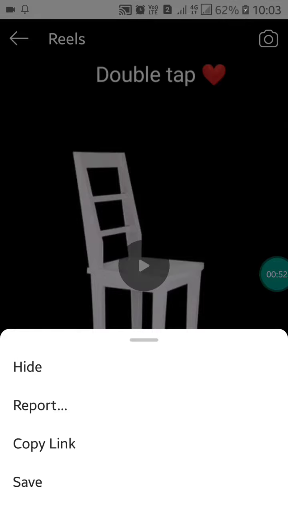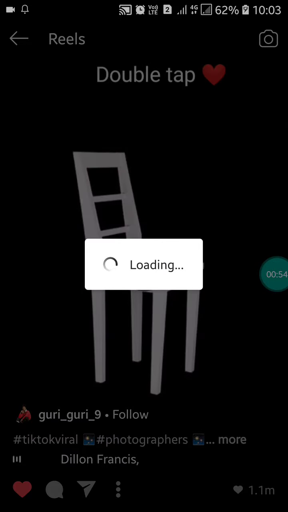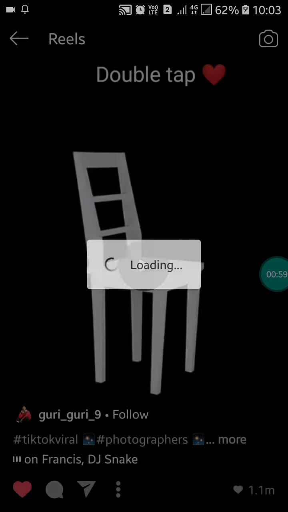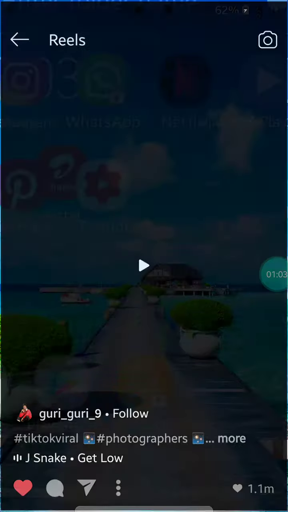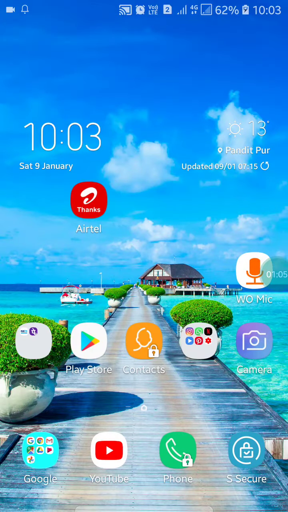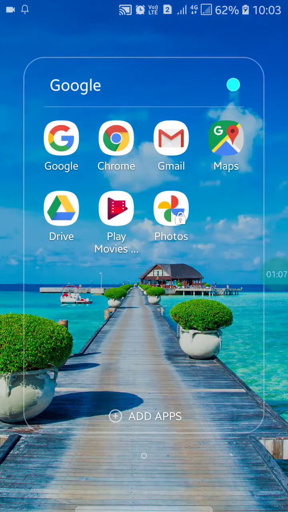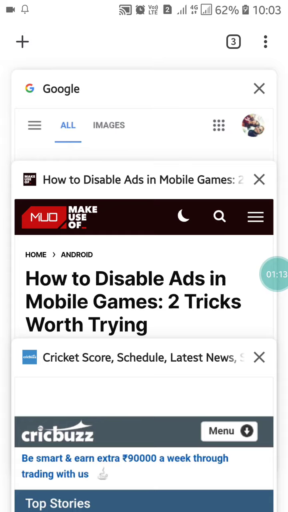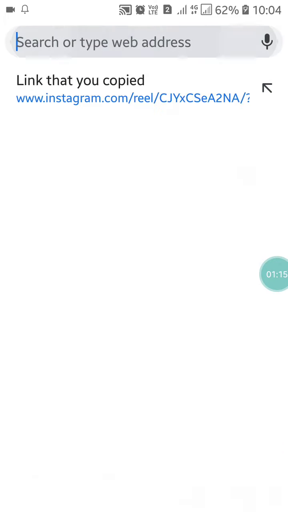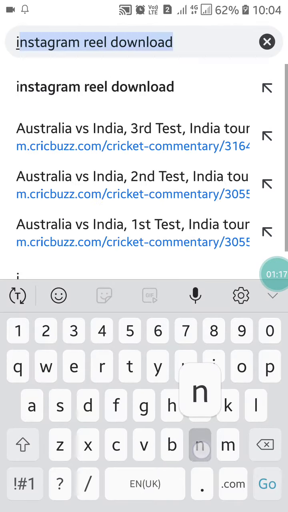Now what you have to do is just click on copy link. After clicking on the copy link option, you will see that the link is copied. Now go to any browser. As I use Google Chrome, you can go to any browser which you use on your Android. After going there, just search Instagram Reels,